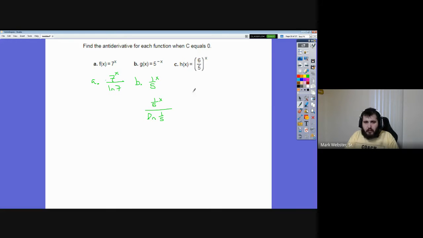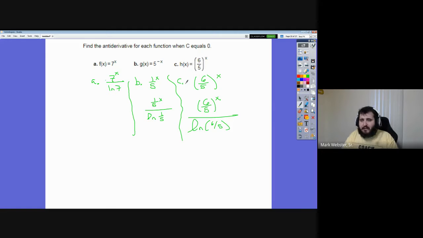Same thing here. 6 over 5 to the x power. Well, you integrate that, and shouldn't you just get 6 over 5 to the x divided by the natural log of 6 over 5? Again, don't make this complicated. It's not difficult if you just remember the other direction and just do it in reverse, right? Whatever you did before, do it again, but